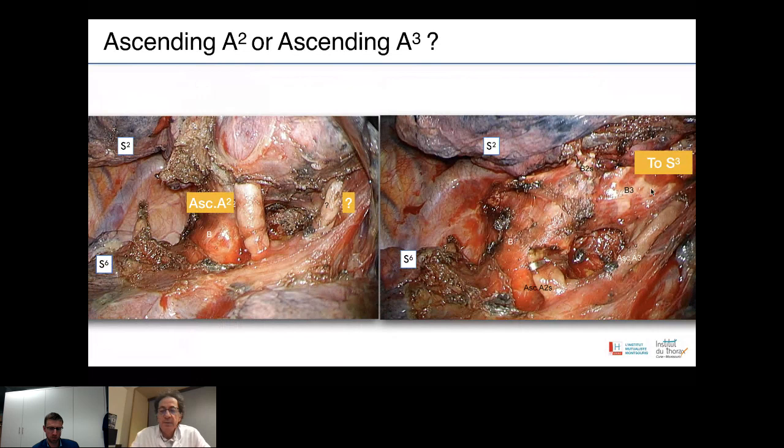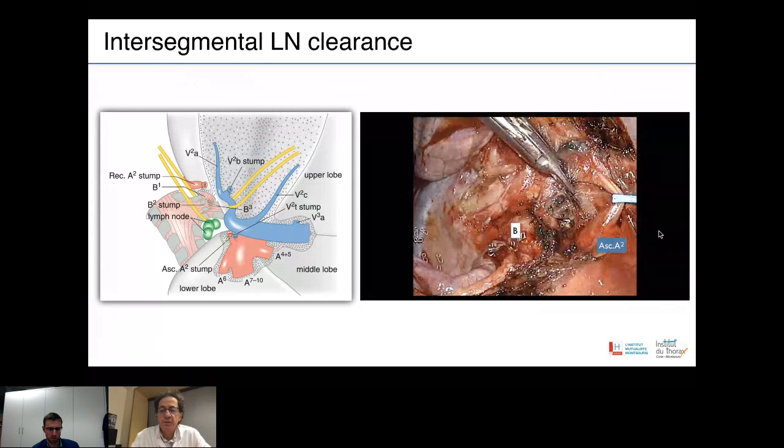As I mentioned to you, you have to remove the lymph nodes. And for this, we use this very nice device. We have been using it for many years. It's a versatile bipolar forceps. You switch from the forceps to a scissor in one click. So this is how it looks at the end, before division of the vein and of the bronchus.